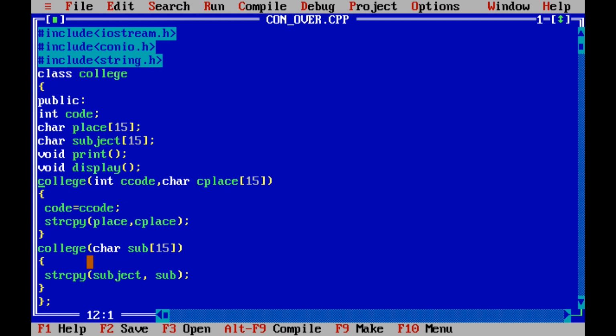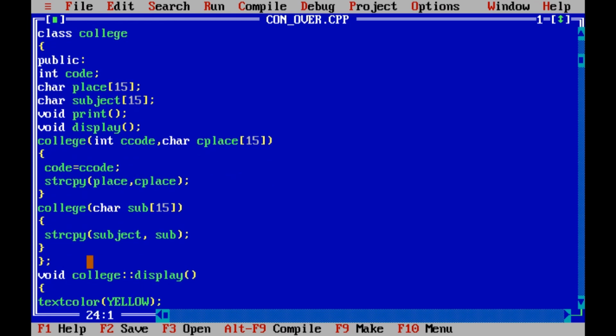In the same way, the other constructor having one parameter will receive one value, sub, and pass it to the data member subject. For words or strings we use string copy, and for integers we use the assignment operator.